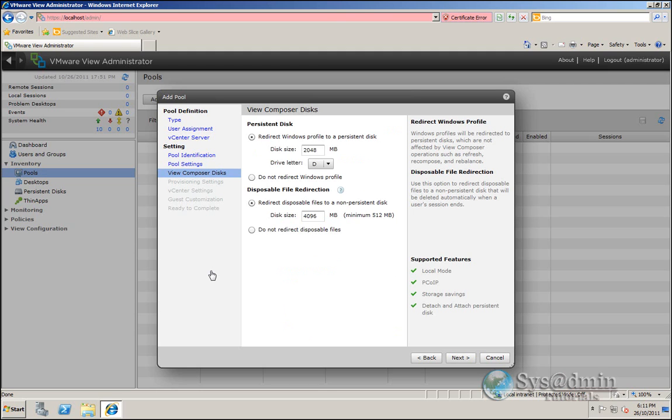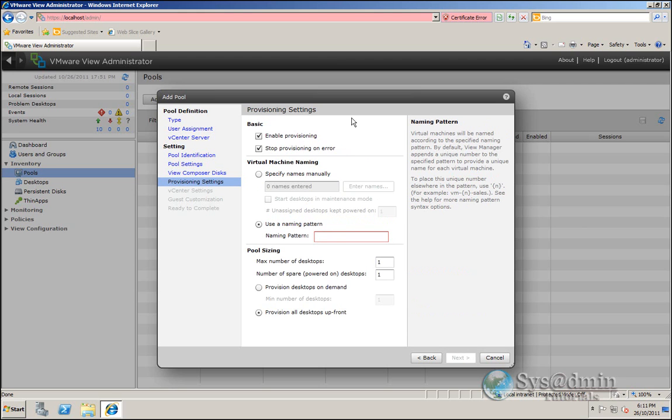So in these options, I'm going to be redirecting the Windows profile to a persistent disk, and we'll be giving that a drive letter of D, and also be redirecting the disposable files to a non-persistent disk and allocating 4 gig for that and 2 gig for the Windows profile. So I'll click Next. And we'll leave those two options ticked to enable provisioning, and we'll stop provisioning on an error. So we'll be using this naming convention,